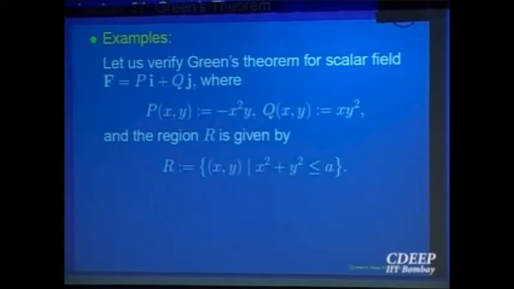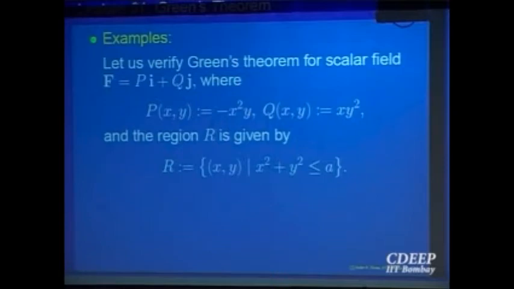So the parameterization of that, x is equal to a cos theta, y is equal to a sin theta. But you have to see theta goes from where to where. You are given anti-clockwise. So theta goes from 0 to 2 pi. So anti-clockwise it will always go from 0 to 2 pi. Right? So integrating this function P dx, put the x and y in terms of theta, dx in terms of theta, right? x is equal to r cos theta, so you know dx is equal to minus r sin theta d theta. Similarly convert that into d theta, one variable, integrate out.